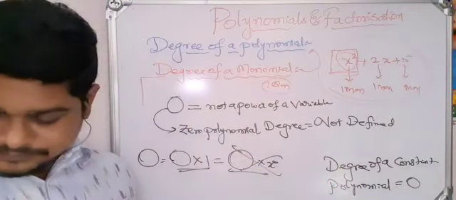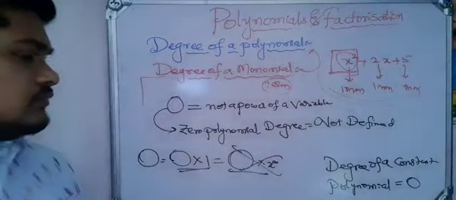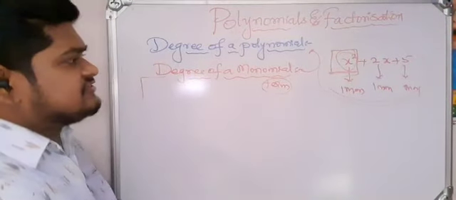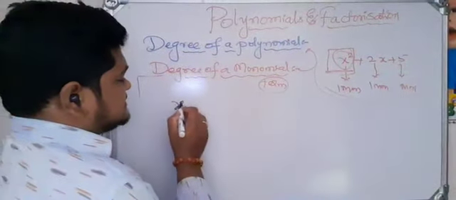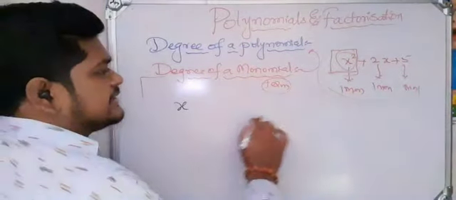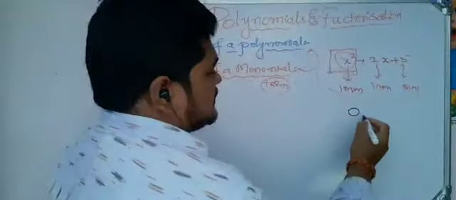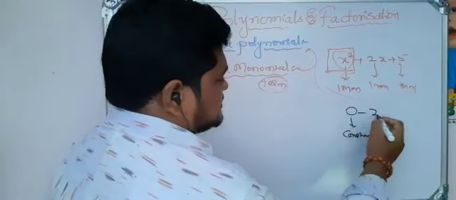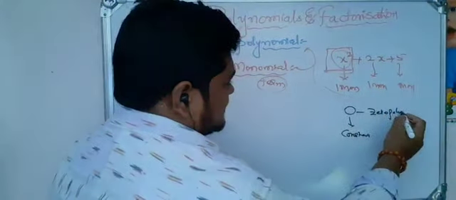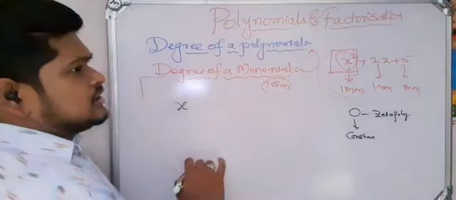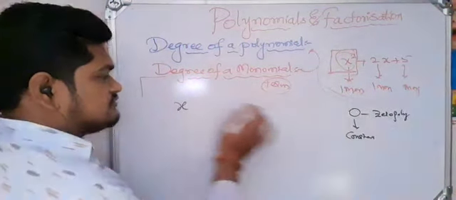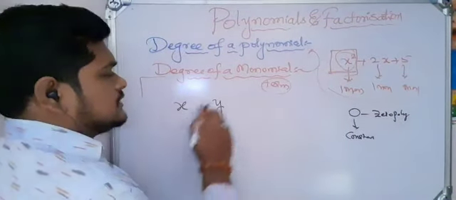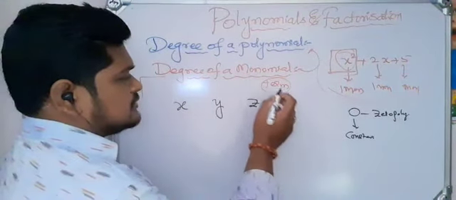Next, suppose we consider a single variable, that is simply x. We already completed 0, and constants are completed. This is nothing but the 0 polynomial. Next one, this is a constant. Now I am taking constants. After that we should take a variable. Take a single variable x and y, or some z, some a, like this.